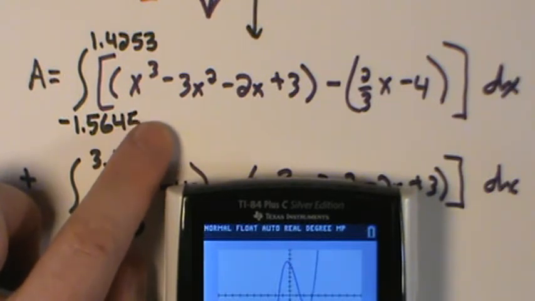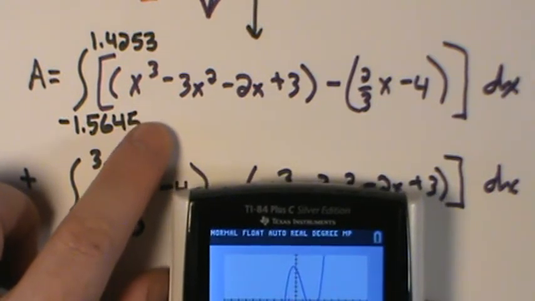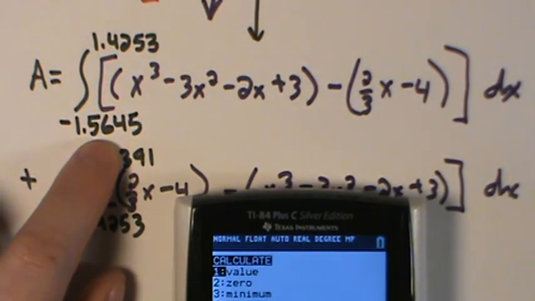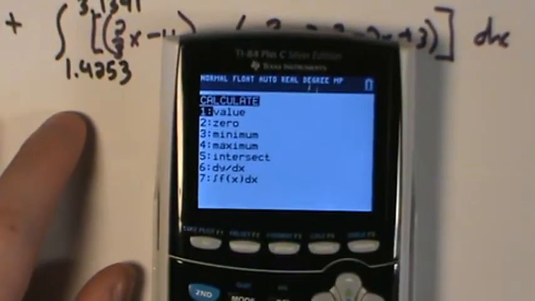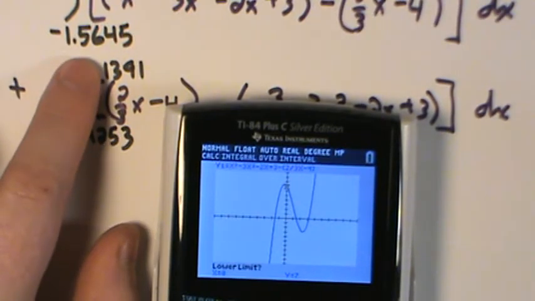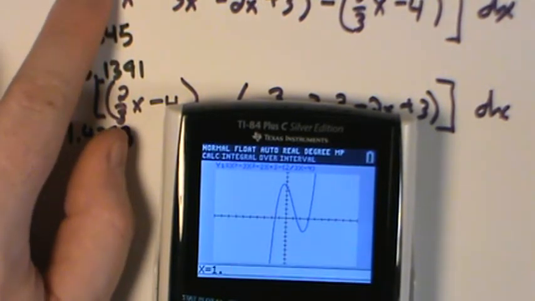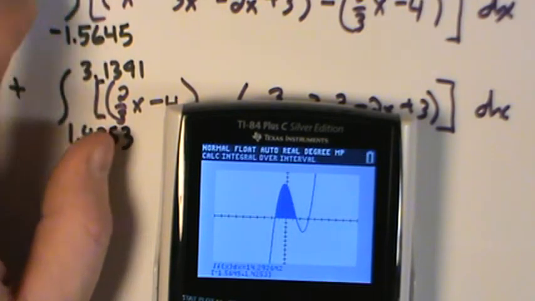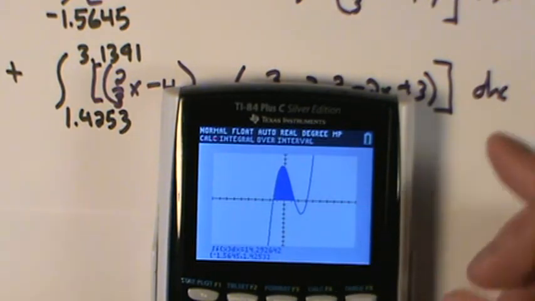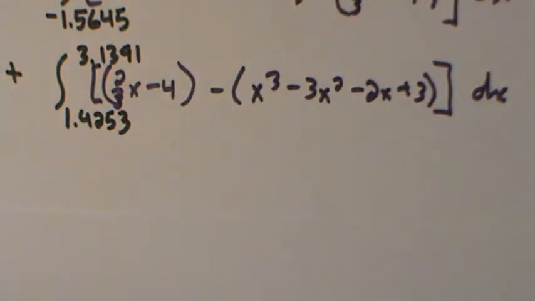Now for that first region, I can simply go second calc, go to option 7 there, and it tells me where to start. I want to start that first region at negative 1.5645, and I wanted it to end at 1.4253. Now that gives me an area 14.2926. So that first region was